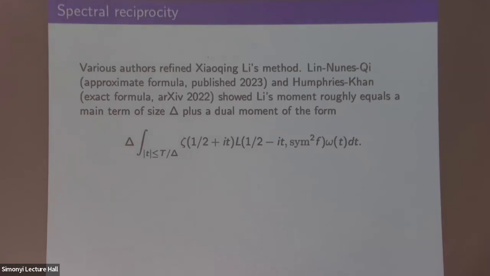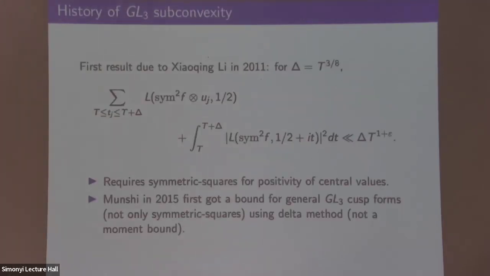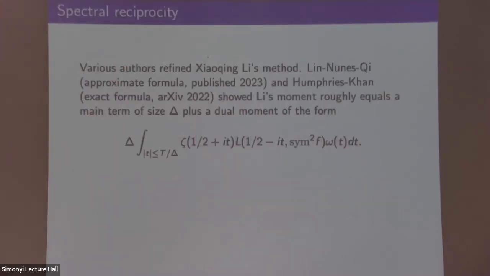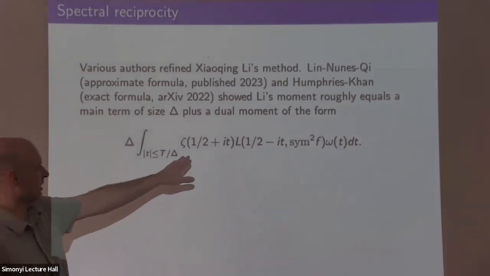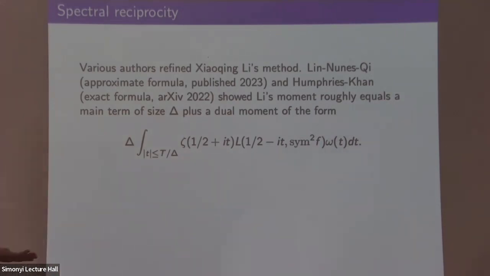In this case, they start with this first moment of these degree 6 L functions, and then you end up with something that factors as a degree 1 times a degree 3. So now it's a completely different family, a degree 4 total. So they transform this original moment to this dual moment. And then the game is, well, how do you bound the dual moment? And so